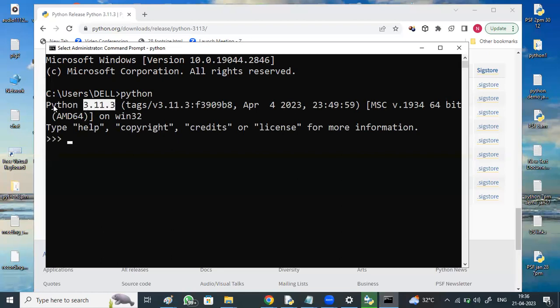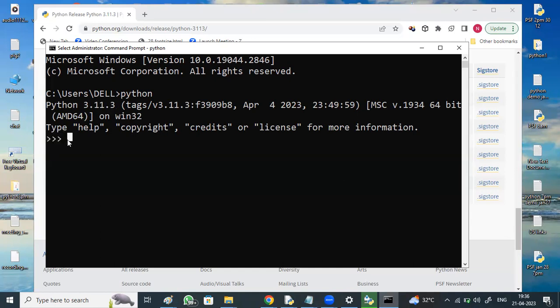It shows Python 3.11.3, the Python version, and this three-arrow symbol is the interpreter, where you can interact with Python statement by statement.